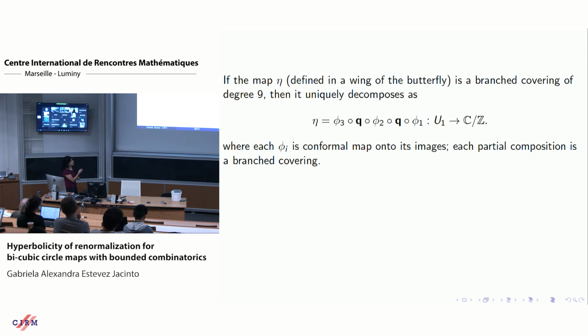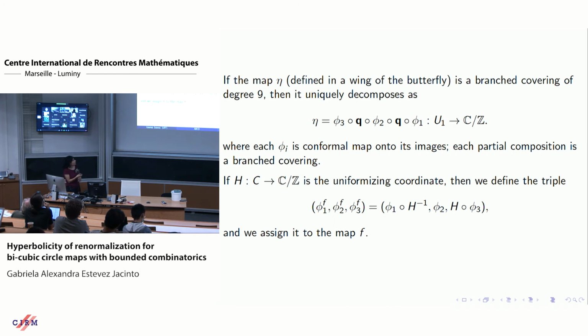Of course, these maps should be nicely chosen because, for example, this one goes to the complex plane, this one goes from the complex plane to the cylinder, and this one to the complex plane, because this map will be a cylinder map. So even if you have a critical map of degree 3, even of degree 9, you can find these three conformal maps, and they are unique.